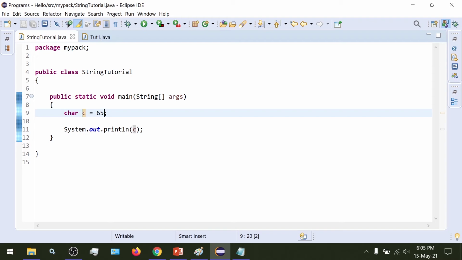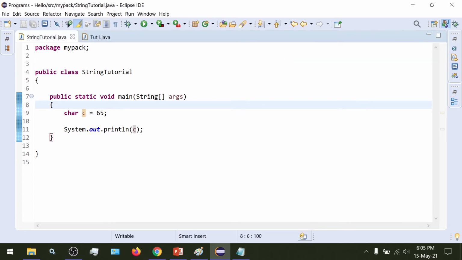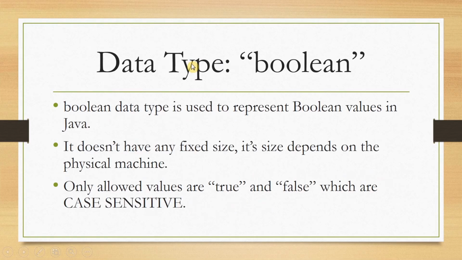I'll repeat: if we pass a number as a value to a char type variable, then Java would automatically understand that we are trying to use a character value, and it would automatically give the character equivalent of this value. Now we will take a look at booleans in Java.